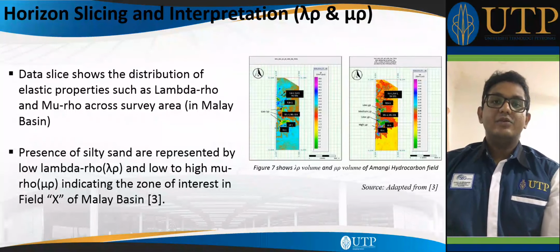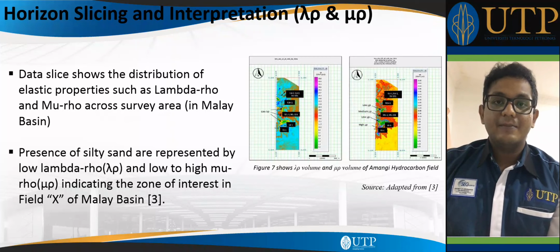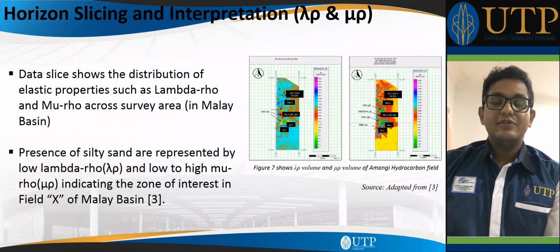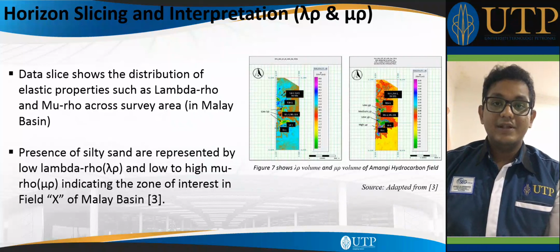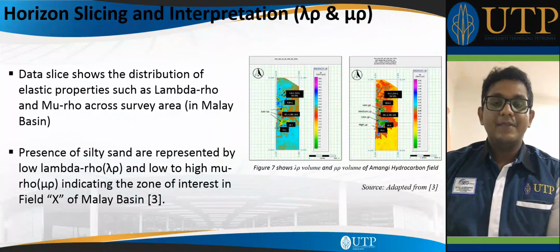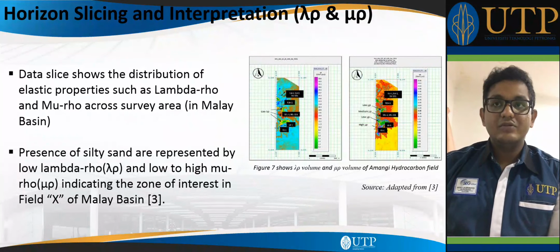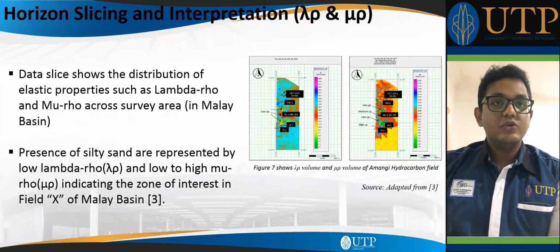Next, we'll be discussing the Lambda-Rho and Mu-Rho interpretation from the horizon slicing. Okay, the data slice shows the distribution of elastic properties, which are Lambda-Rho and Mu-Rho, across the survey area, and this can be generated by combining the inversion results from the respective wells. And the diagram shows the